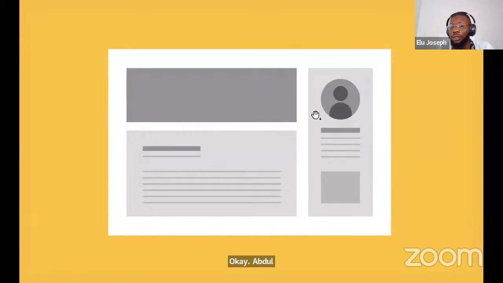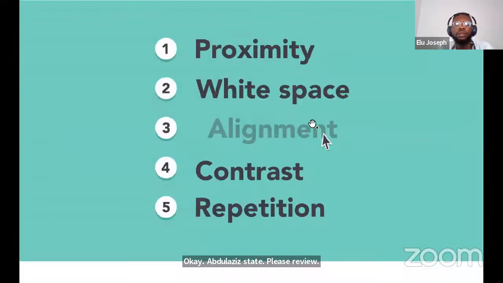Abdulaziz says, please review hierarchy. So we've been talking about hierarchy from day one. We talked about hierarchy as a principle. I'm sure we talked about hierarchy in typography as well. And we talked about hierarchy in color, if I'm not mistaken. Okay, in typography, not color. Now,